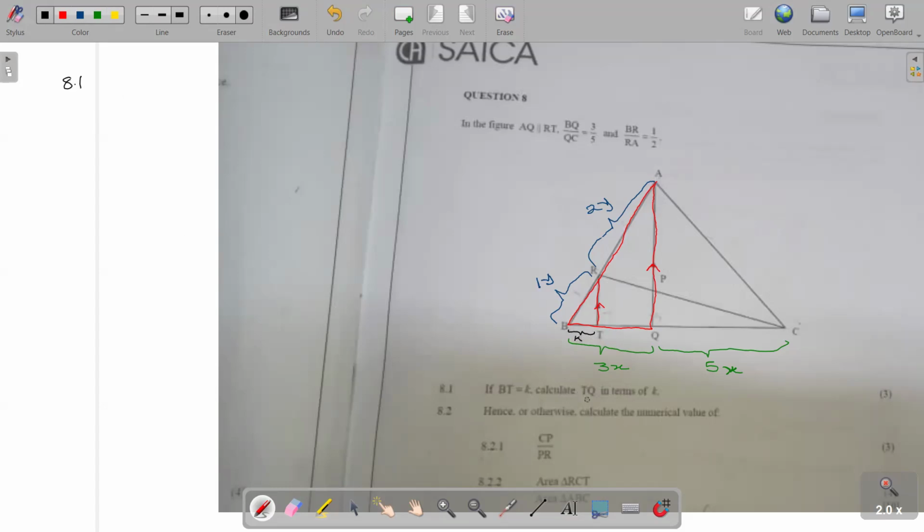Then they want you to calculate TQ. Here is our TQ, this part. So it means here we can apply the proportionality theorem. So we can write TQ divided by BT